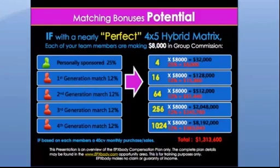That's $128,000 in commissions earned, of which you make 12%. You carry that down to the fifth level, and you're making over $1.3 million per month. So again, that just shows simply by enrolling 4 people and teaching them to do the exact same thing, and they're just purchasing one product, you can